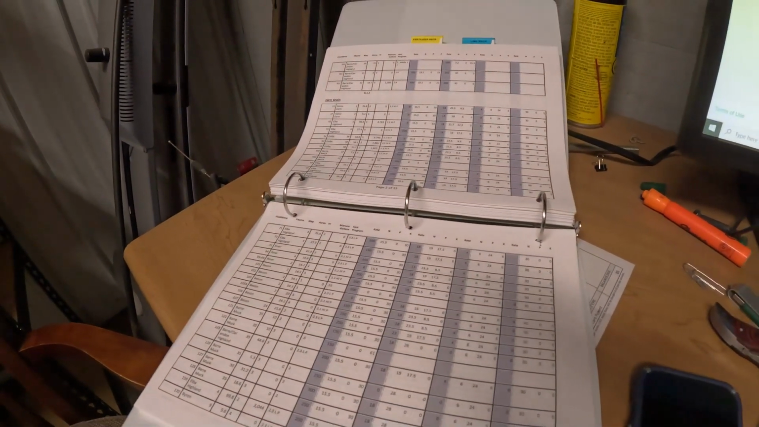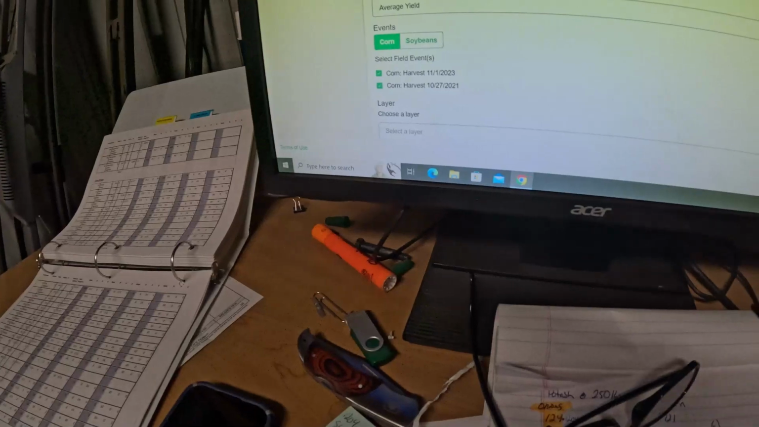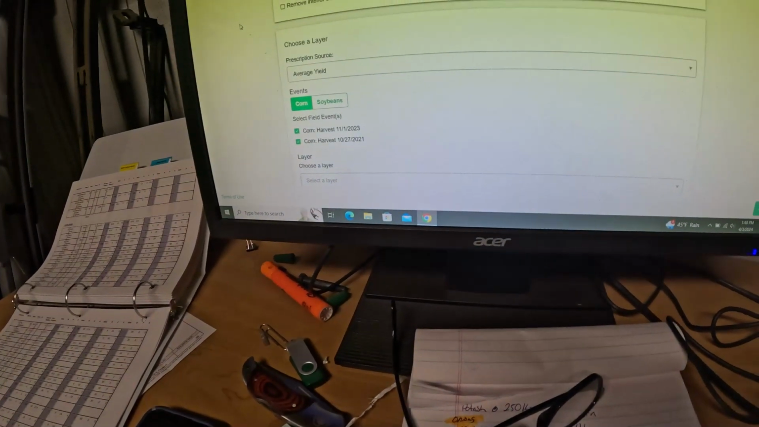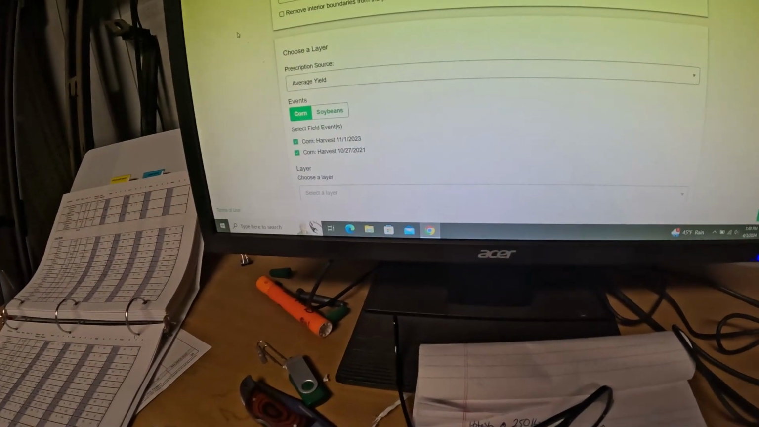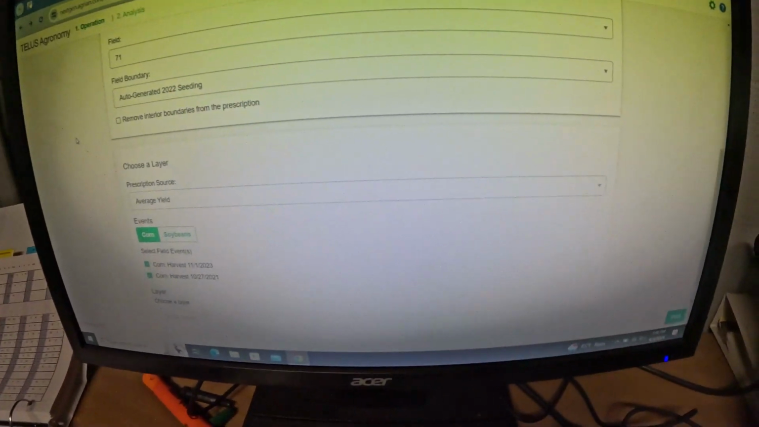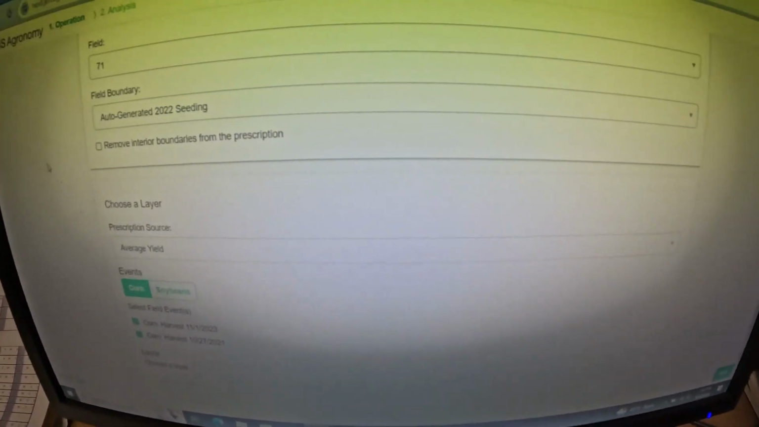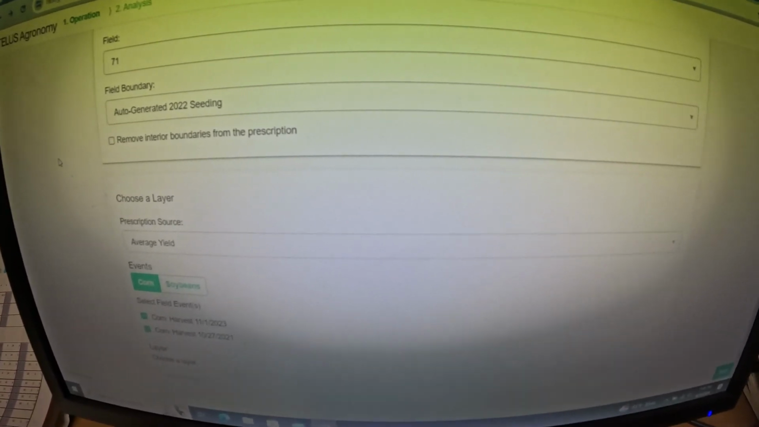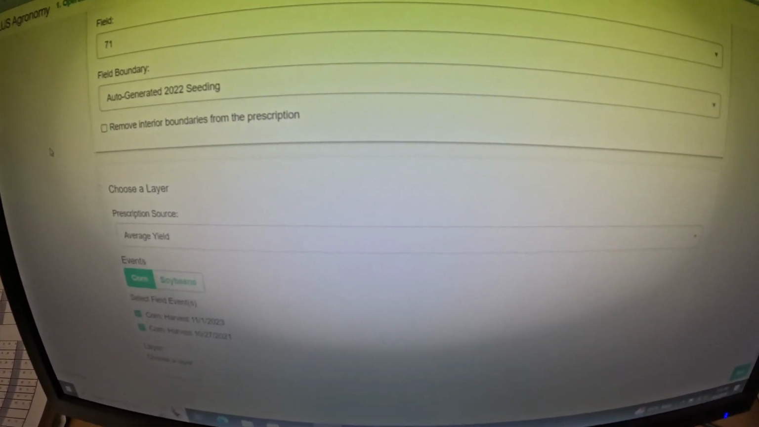So I'm in John Deere Operations Center here in this agronomy system program they have in here. I don't know how well you can see this, but I'm going to build a planting prescription map. And what I mean by that is,